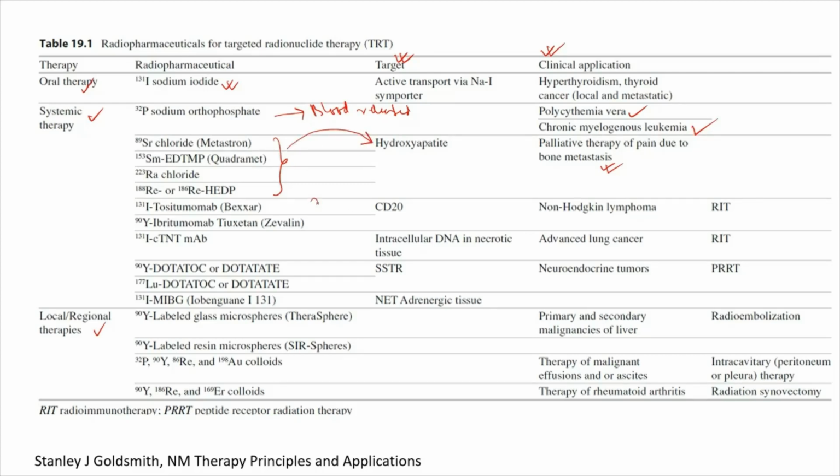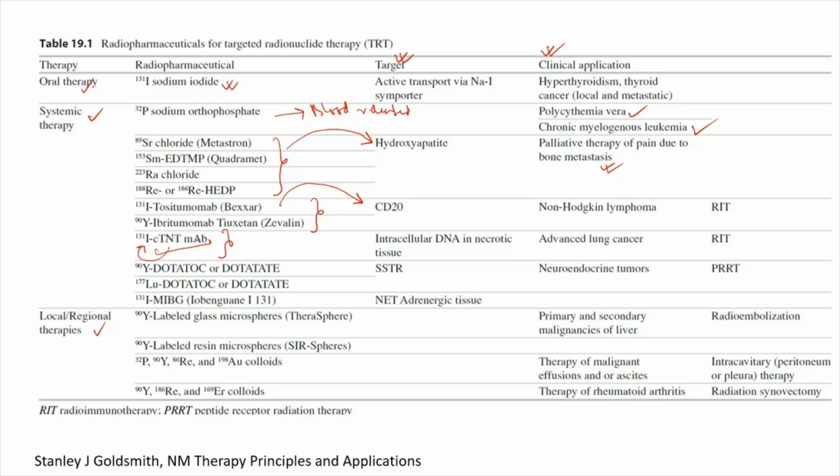And then these are a group of drugs that are being used for radioimmunotherapy. An example is Bexxar, Zevalin. So these are a group of radiopharmaceuticals that are being used in the treatment of non-Hodgkin lymphoma. And these radiopharmaceuticals target the CD20 receptors, which are overexpressed on the B lymphocytes in case of non-Hodgkin lymphoma. And this is a pharmaceutical over here, and it's a monoclonal antibody that is bound to iodine